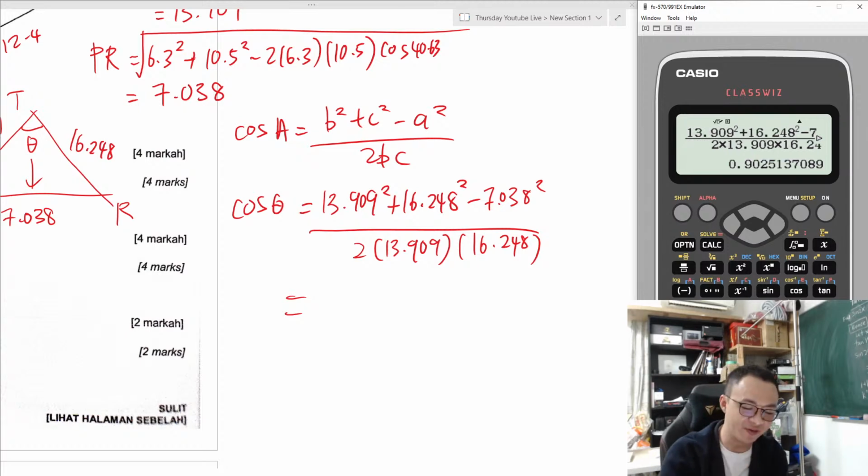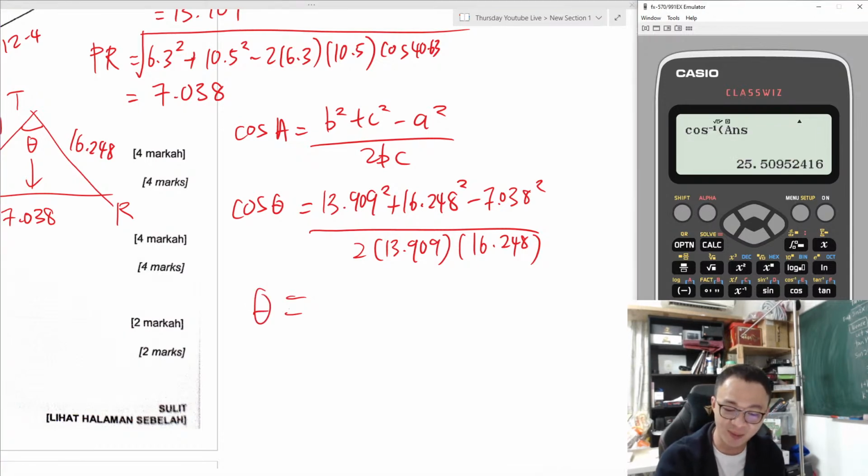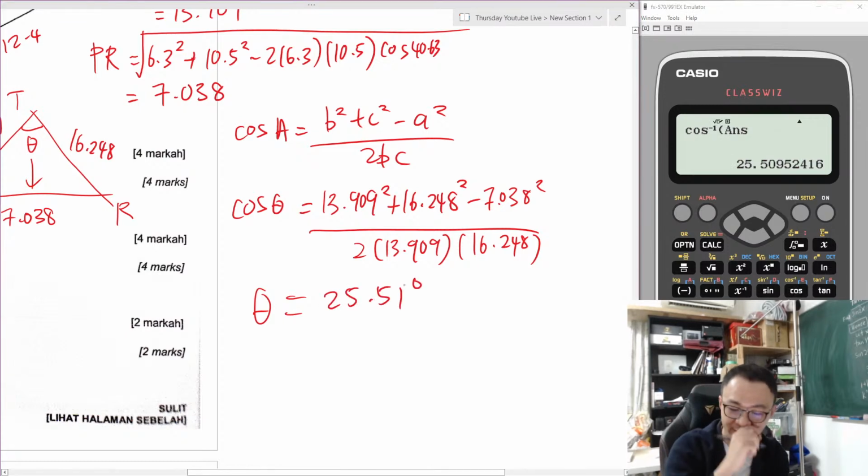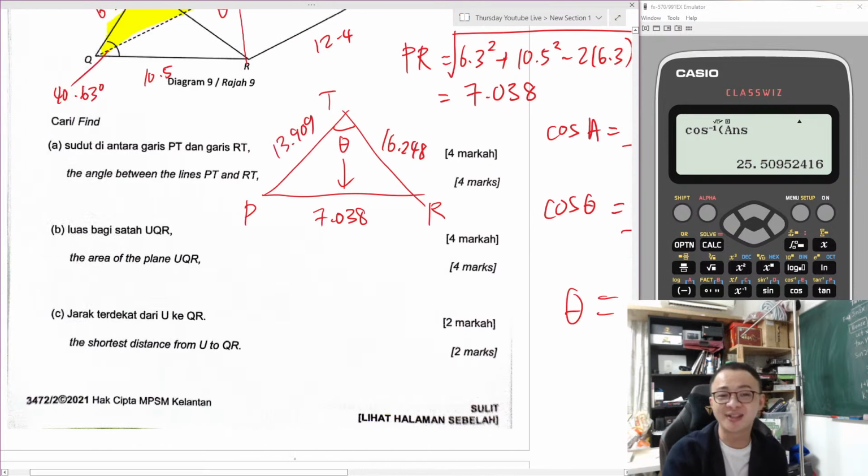Okay, so this is all the value. Then definitely I will throw my cos to the other side and take the inverse cos of my answer. So the degree between will be this one, 1 degree. I hope I didn't make any mistake. If you find any mistake, do let me know.